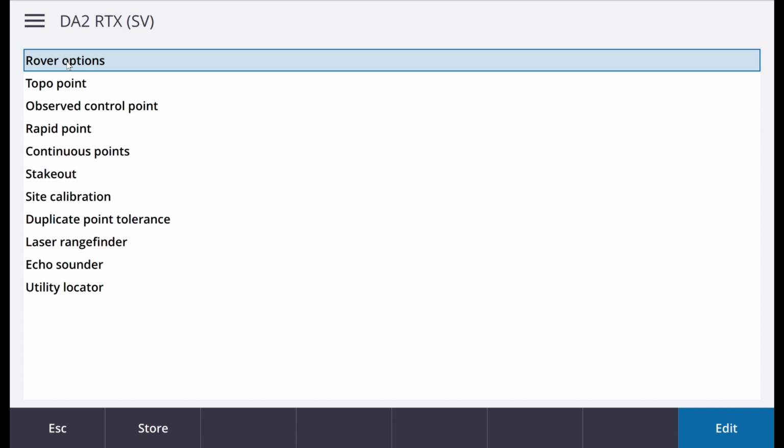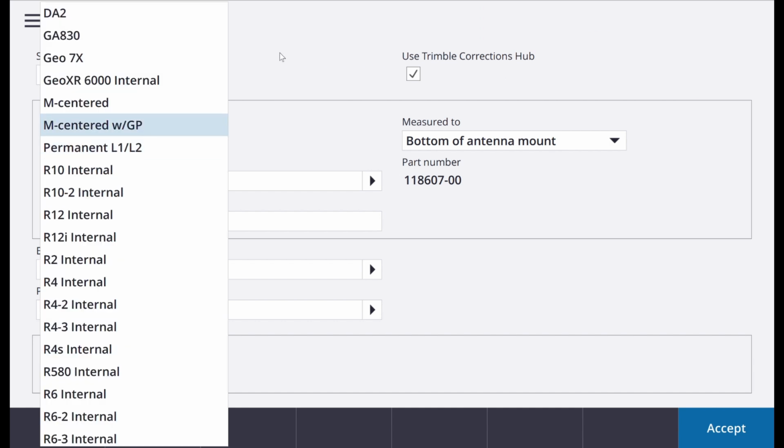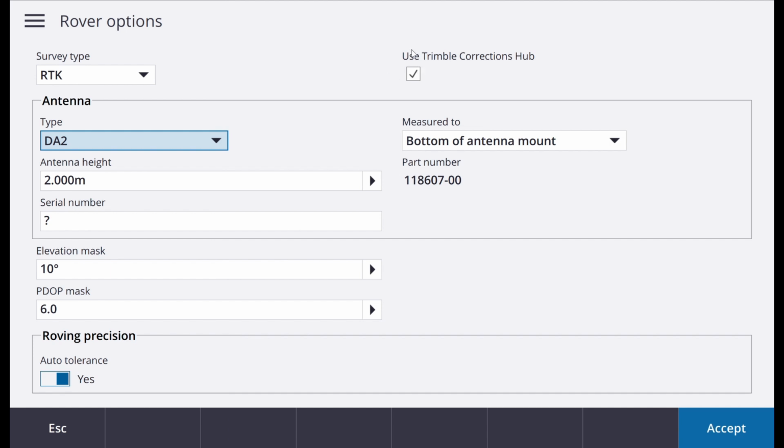So the rover options, we're going to be setting it up like this. We're choosing RTK and the antenna type is DA2. As soon as you choose DA2 from the drop-down menu, you will get this little menu popping up, and then you just choose Trimble Corrections Hub. Our antenna height is 2 meters, which is a standard pole height, and our elevation mask and PDOP we leave